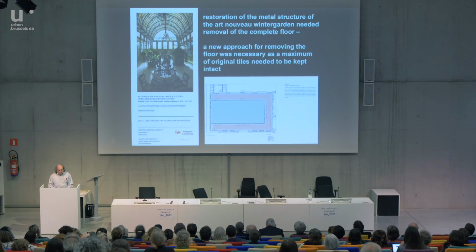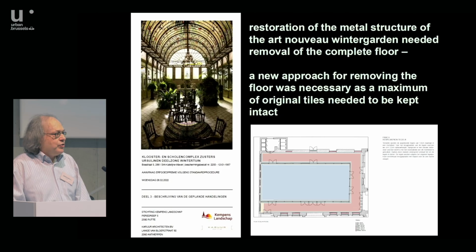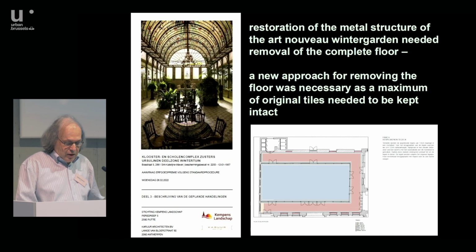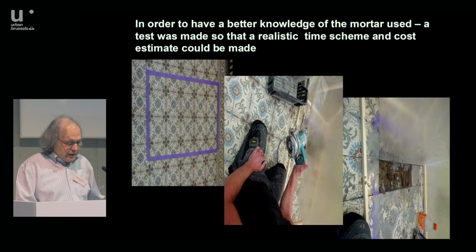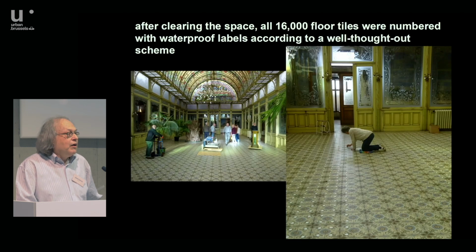So we learned from that, and because the restoration of the metal structure of the Art Nouveau Winter Garden needed removal of the complete floor, we took a new approach for removing the floor. The floor was taken into the plans. We first did research on the mortar used. Tests were made to make a realistic time scheme. Cost estimations could be made. After clearing